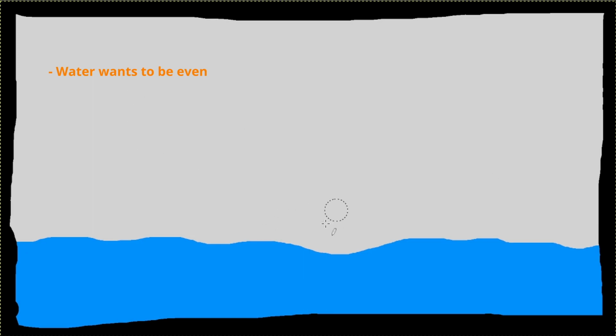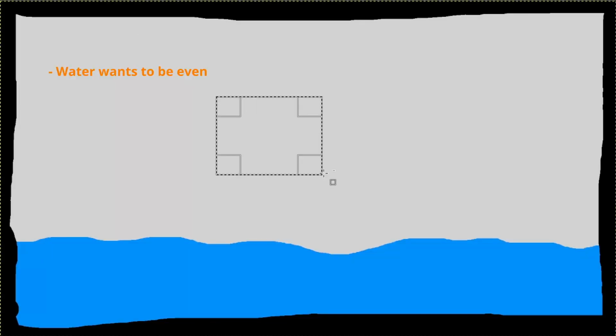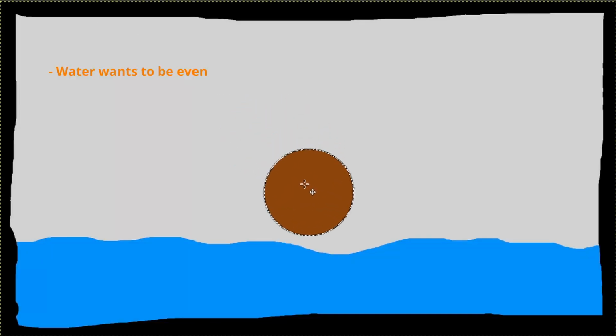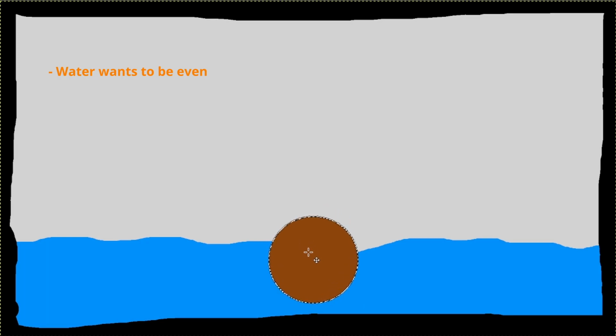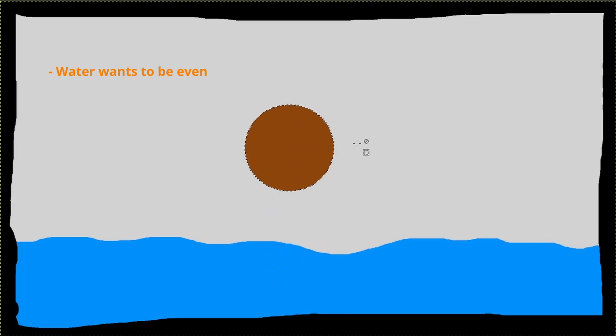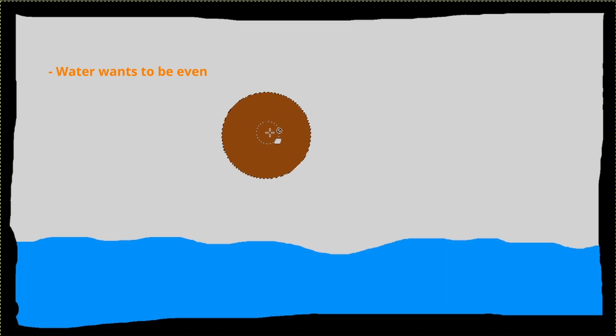Now, basically what decides if something floats or not is the density. But it's not all just the density. So if you take this object right here, let's say it's a ball of wood, right? If you take this ball of wood and you put it in, it'll obviously sink. But if you hollow some of it out,